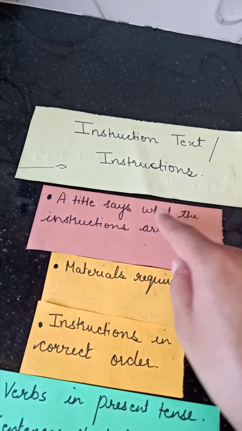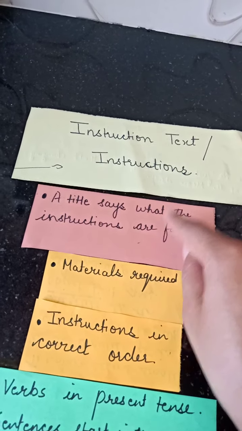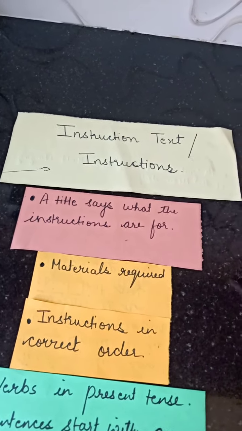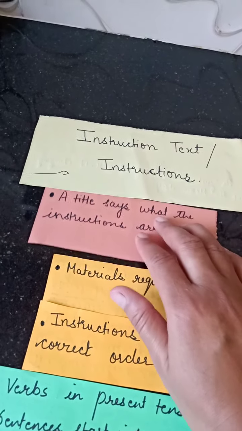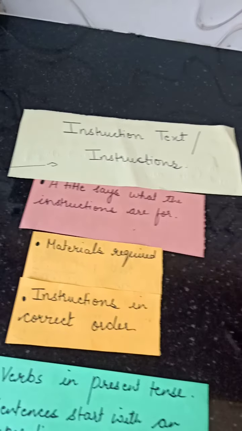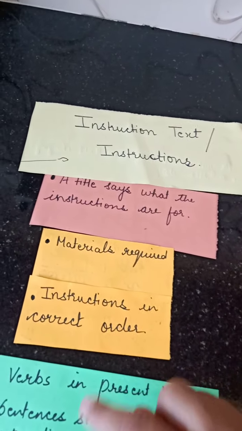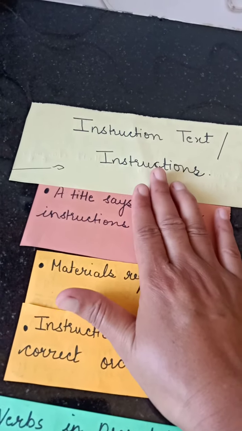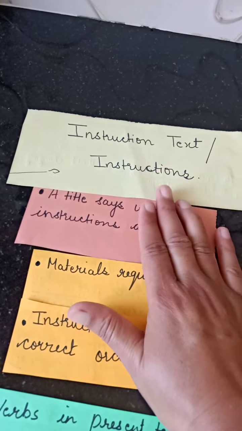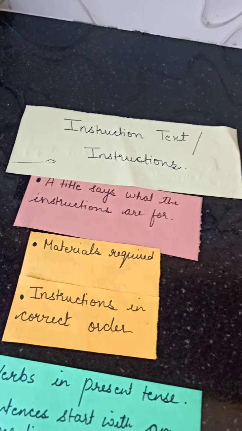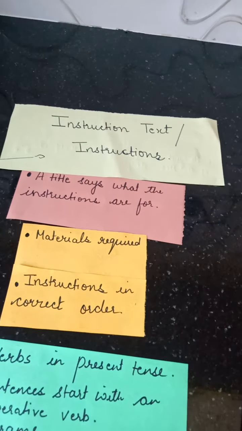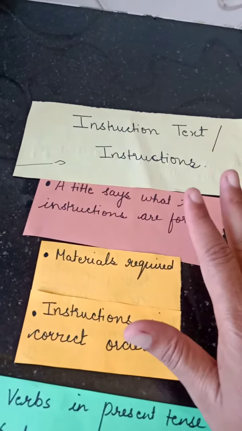You are writing these instructions for the children who don't know how to cover the notebook. The instructions have to be very clear, so that the child who looks at your instructions would know, oh, a class 3 student is telling us how to cover the notebook. This is what is required, do I have this, and then these are the instructions. The child who follows your instructions should be able to cover the notebook or the textbook successfully. So your instructions have to be very clear.